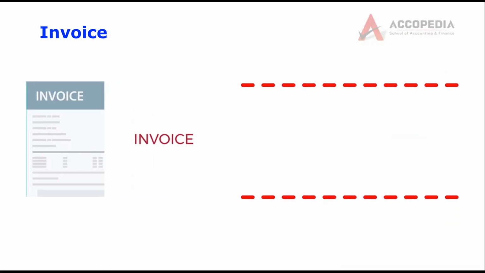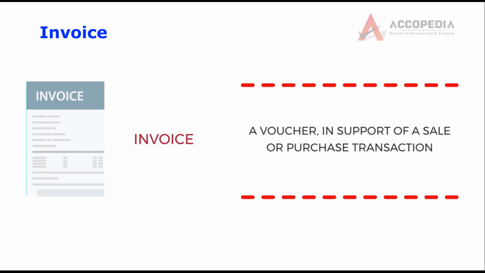In some cases where companies purchase goods from the unorganized sector, let us say I am a manufacturer of agricultural products. I am manufacturing rice flour. I am going to the farmer and buying rice, paddy. Now he is not a company. He doesn't have a sale invoice, in which case in my own company letterhead, I will have a voucher format for purchase. Then this becomes a purchase invoice generated in-house. But all said and done, an invoice is a voucher, a documentary proof in support of a sale or purchase transaction.